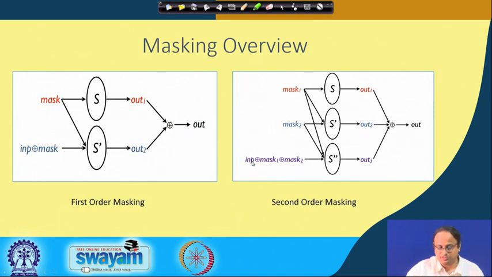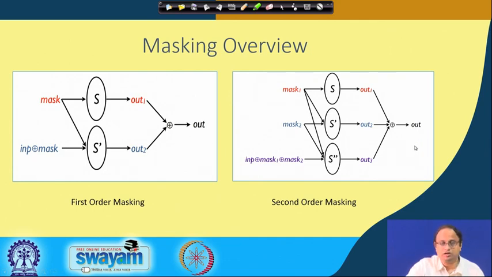The input is now masked with the two masks, mask 1 and mask 2. So I get the corresponding masked result, and therefore this part processes not only the masked input data, but also the mask values, mask 1 and mask 2, and gives you the third share. Now the idea is that if I combine these three output shares, I should get the corresponding result, which is out. Of course, it has to be done in a much more careful manner,